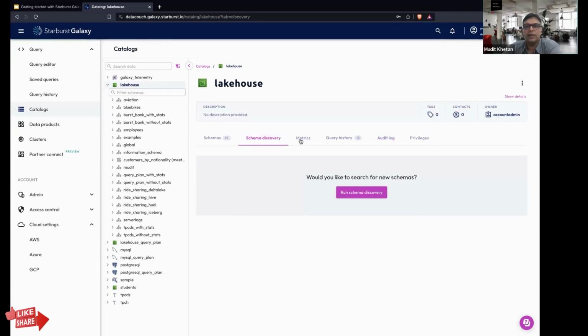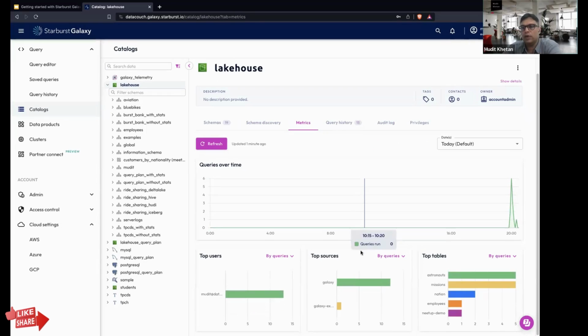As you can see, all these metrics are going to help you. As more and more users start connecting, start using your data pipeline, and start using the analytics supported by Starburst, these metrics are going to be available, and you can check them out in more detail. Starburst is always going to be there to support you with more metrics, which will help you optimize your requirements. All right, so that is the glimpse of the Starburst Galaxy environment from our side.